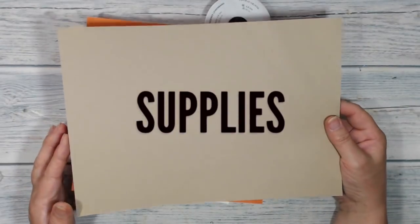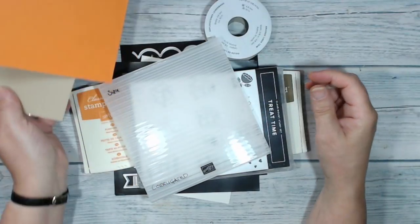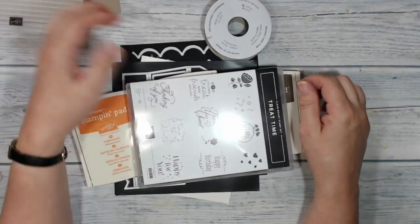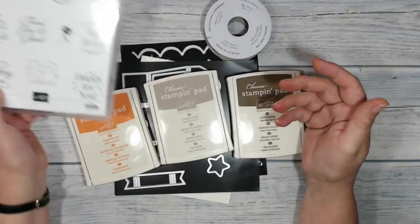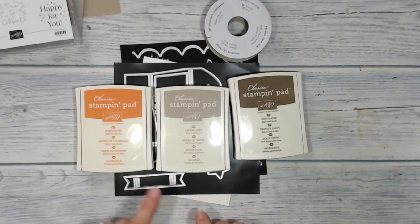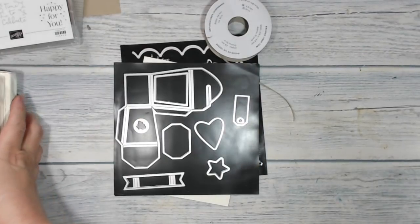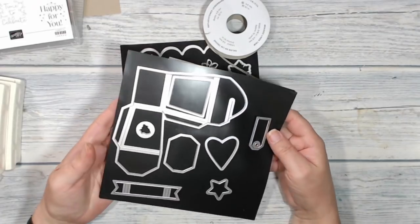For the box I'm using a crumb cake card and pumpkin pie, and I'm using the corrugated dynamic embossing folder. I'm going to use the sentiment from the Treat Time stamps, and I've got pumpkin pie, crumb cake and soft suede inks. I'm going to cut the box out using the takeout thinlets,